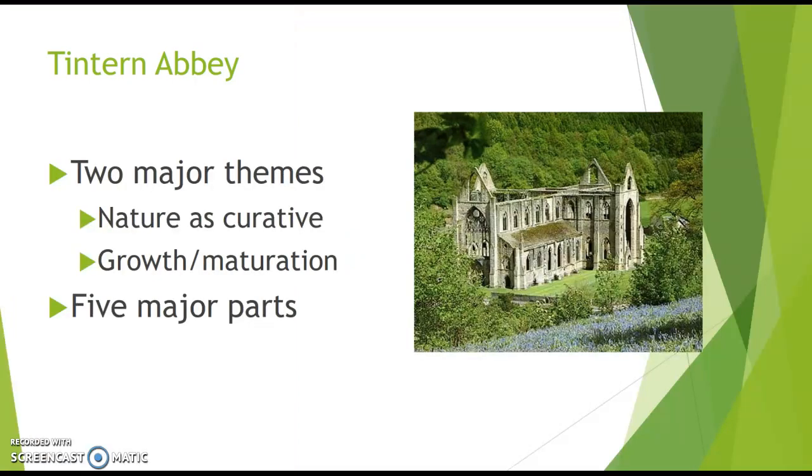So there's two major themes that we see in this poem that are very similar to the themes that we saw with William Blake, and it is both nature as a curative, or as I said earlier, the cure for things false, one of Wordsworth's early beliefs. And then there's also the discussion of growth and maturing from being a child into being an adult who has experienced the world. There's 5 major parts to the poem, so we're going to break each one of them down